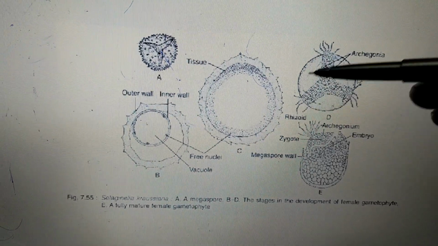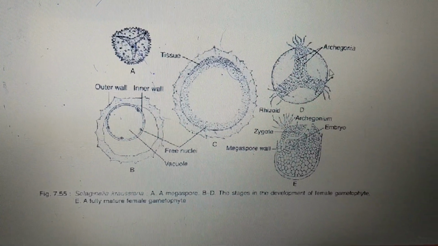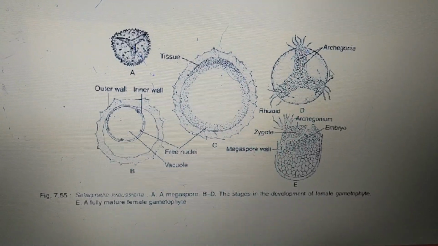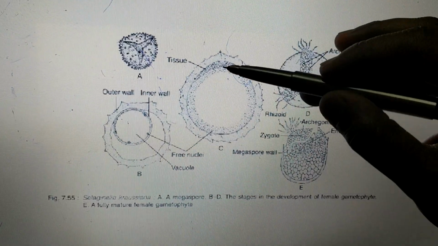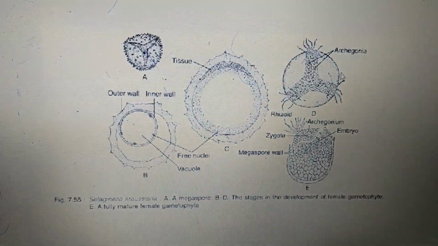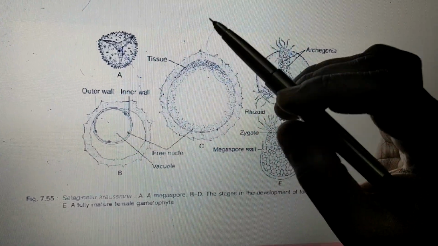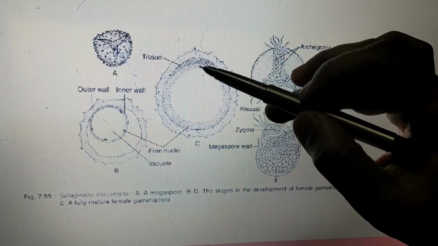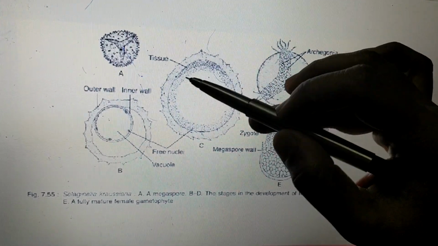The reason for this differentiation is that at this apical notch, wherever the cell formation has taken place, there is a formation of an archegonium, that is the female gametangium where the egg is present. That development is going to take place here in this apical part. Now at this stage of the megaspore, the apical patch is formed, which contains cells separated from the rest of the gametophyte by formation of a wall, arc or diaphragm.